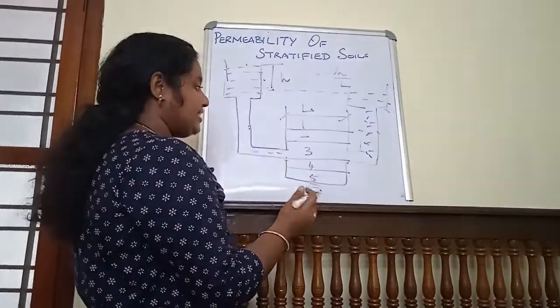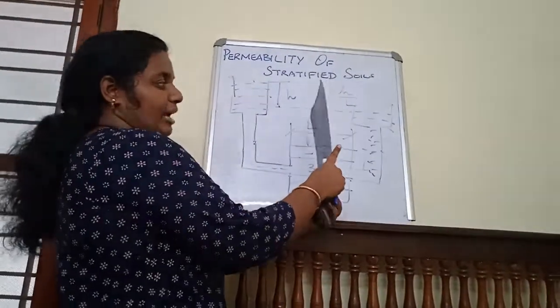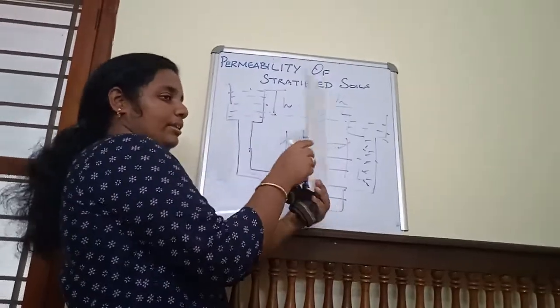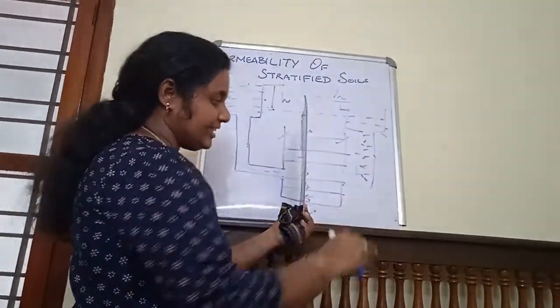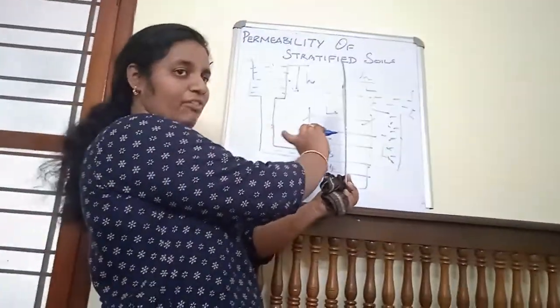And the area of cross section. So as the water is flowing in this direction, the area of cross section comes like this. Okay, so this direction is a soil sample. But the water is flowing in this direction, so this will be the area of cross section that I have